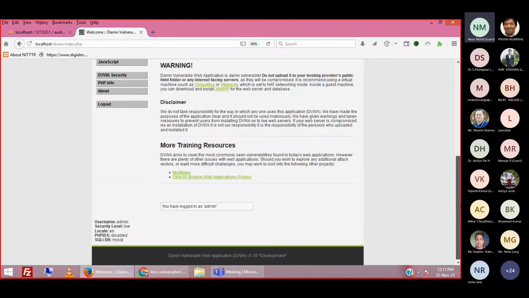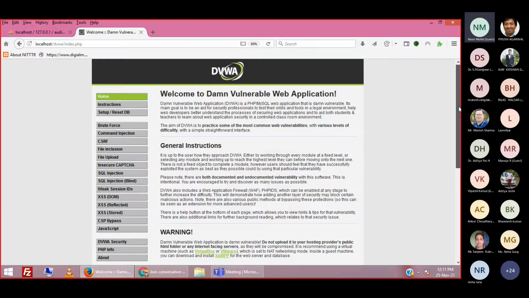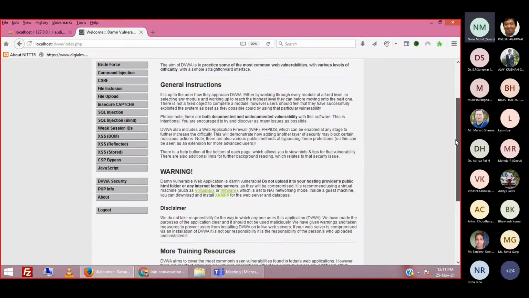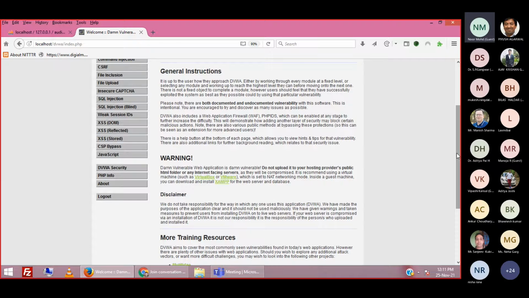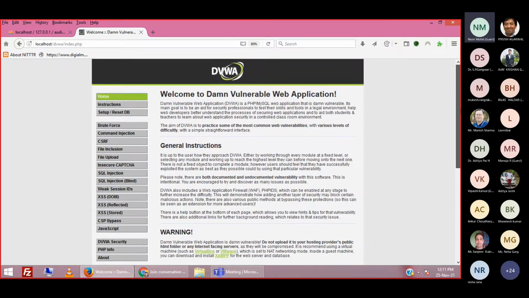DVWA is used by several researchers across the world and it is very popular for different exploitation of vulnerabilities. It contains brute force, command injection, CSRF, file inclusion, file upload, SQL injection, and cross-site scripting. These are the popular vulnerabilities and attacks. So let us start with SQL injection.